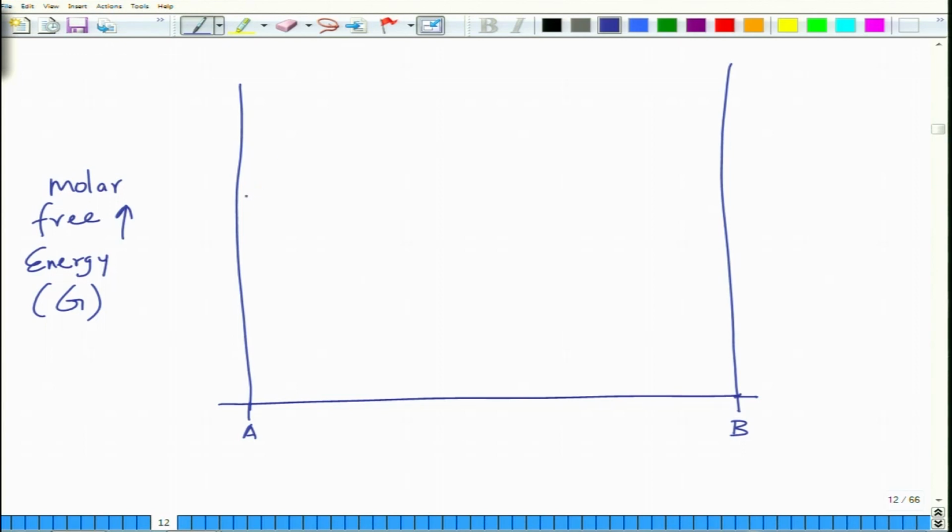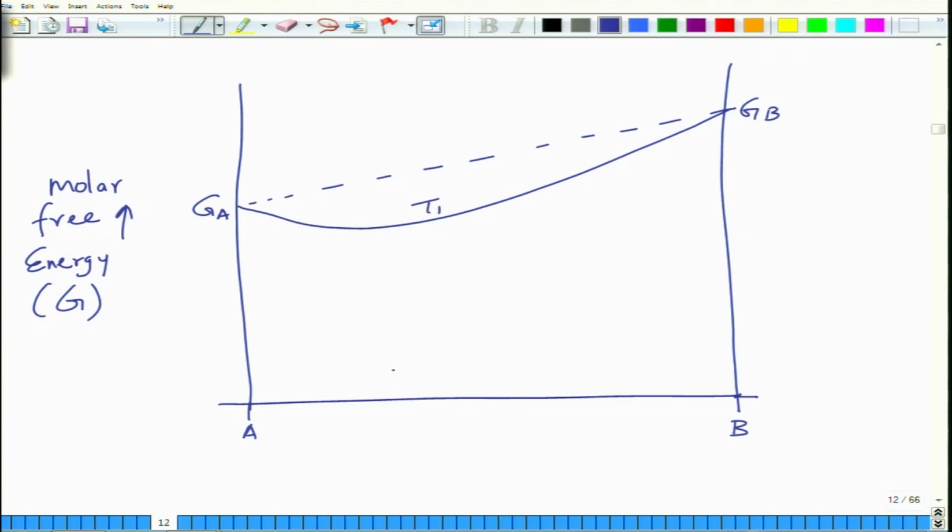If I plot, for example, at a given temperature, the free energy follows this kind of behavior. This is GA, this is GB, and let us say this is at temperature T1. If I do the same now at temperature T2, which is higher,